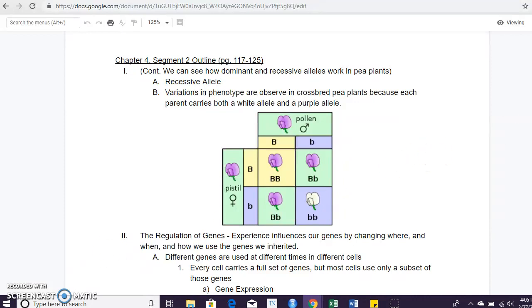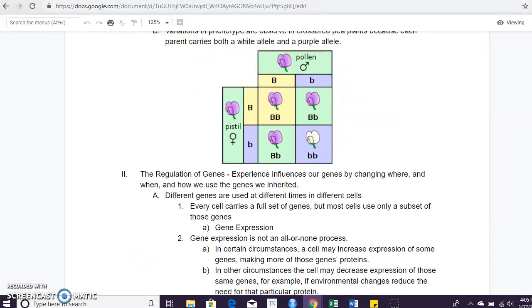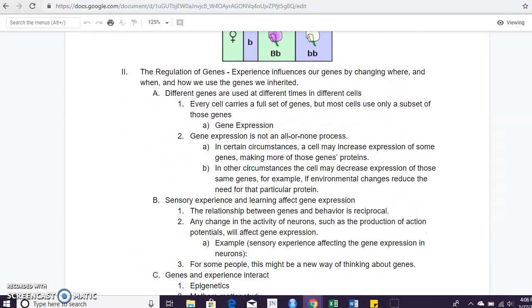Next, the chapter discusses the regulation of genes. So experience influences our genes by changing where and when and how we use the genes we inherited. Different genes are used at different times in different cells. Every cell carries a full set of genes, but most cells only use a subset of those genes. And the definition the book provides for gene expression is a process by which a cell directs a gene